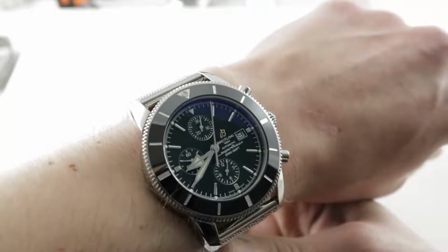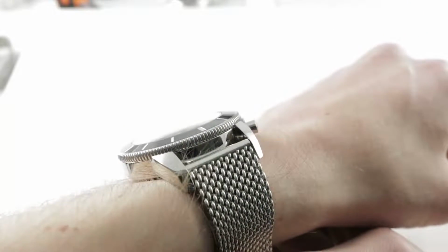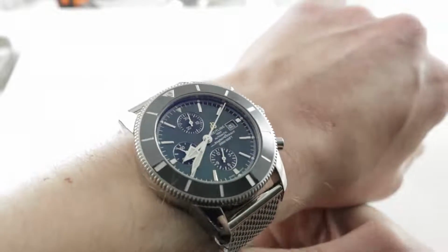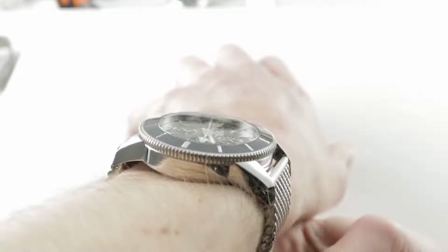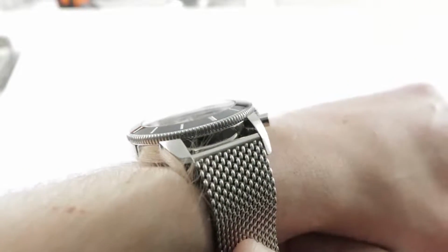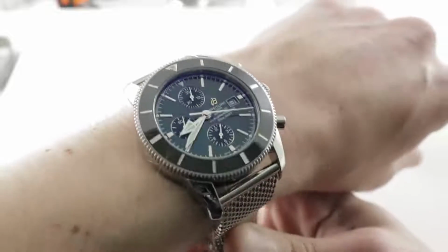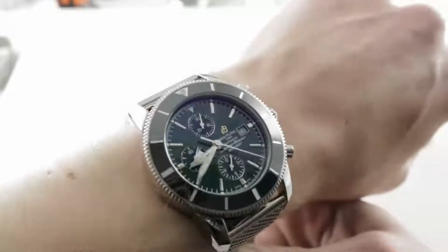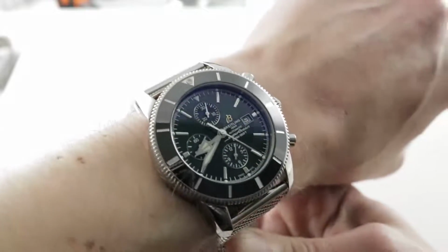Now you can see it's a big watch, 46mm in diameter. The thickness is not overpowering at 16.4. It's actually not as thick as I expected it to be. Lug to lug, it is broad, however, with a 56.2mm wingspan. The spacing between the lugs is a nicely proportional 24mm, so Breitling did that right. They gave the watch a nice big broad lug spacing to match the case size in spite of the vintage